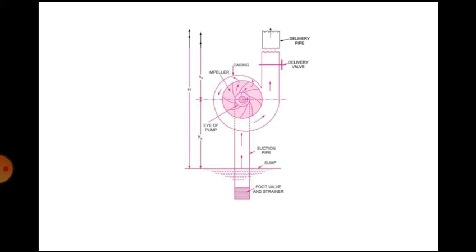Inside the pump, a casing is provided. Inside the casing, the impeller is there. The impeller is just like blades and shafts attached to the middle. When the shaft rotates, the impeller also rotates along with it. Suppose it is rotating in the clockwise direction. Initially, some amount of water is present inside the pump. So when the pump is started and the impeller starts to rotate, these blades are going to cut the